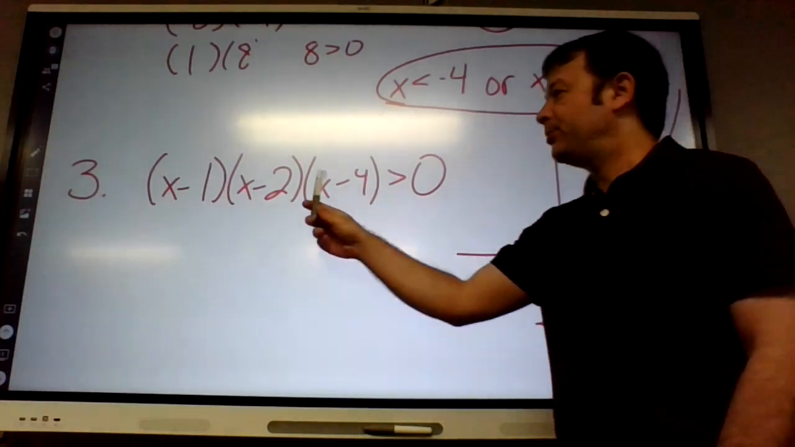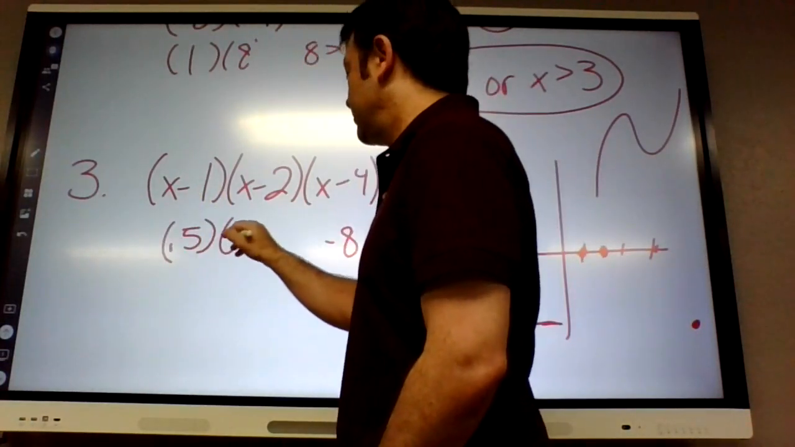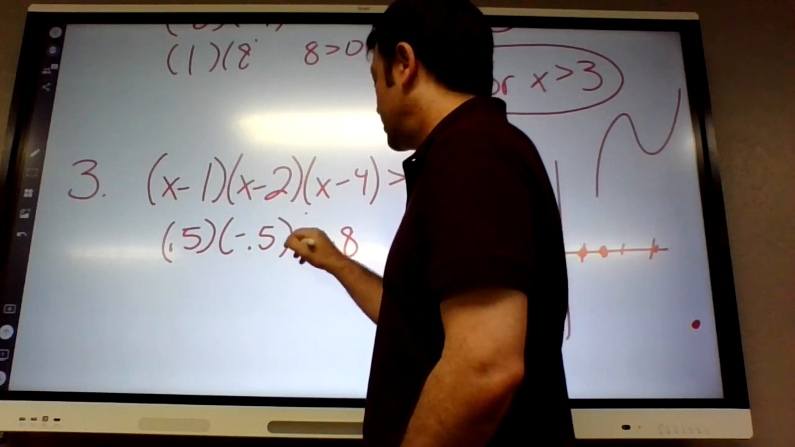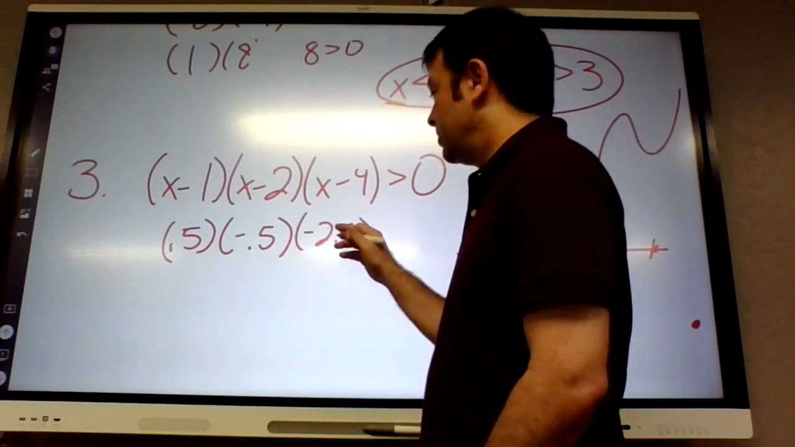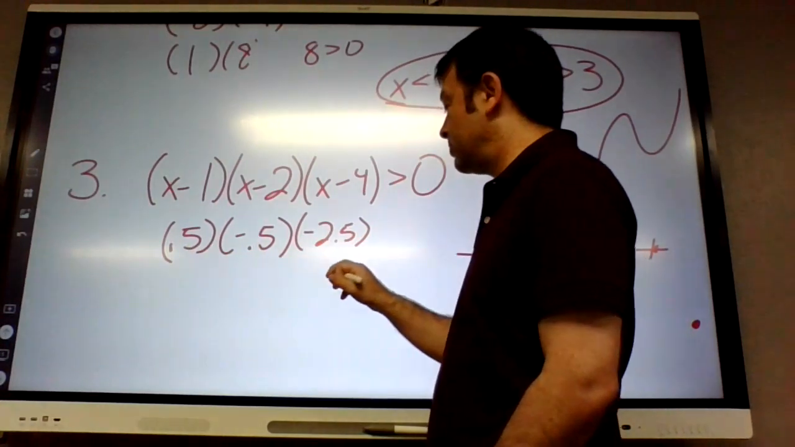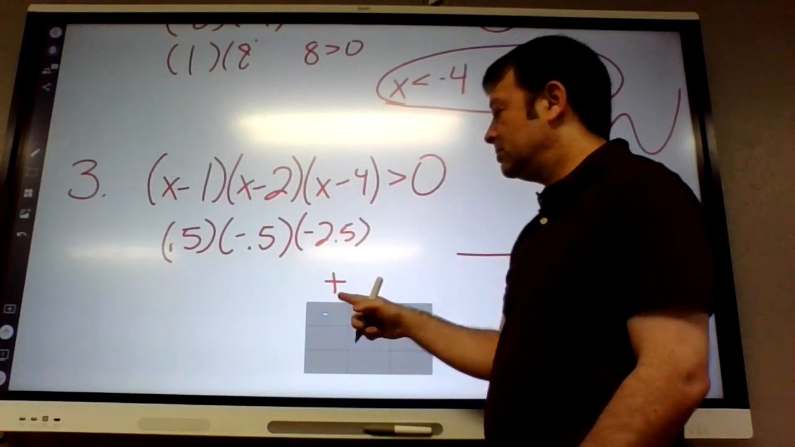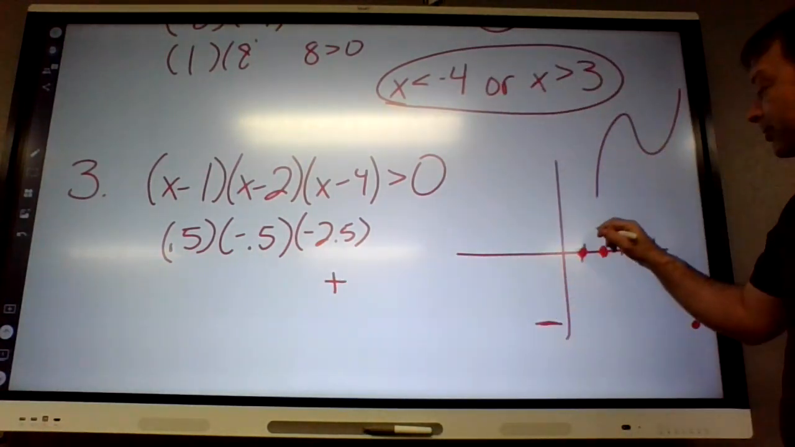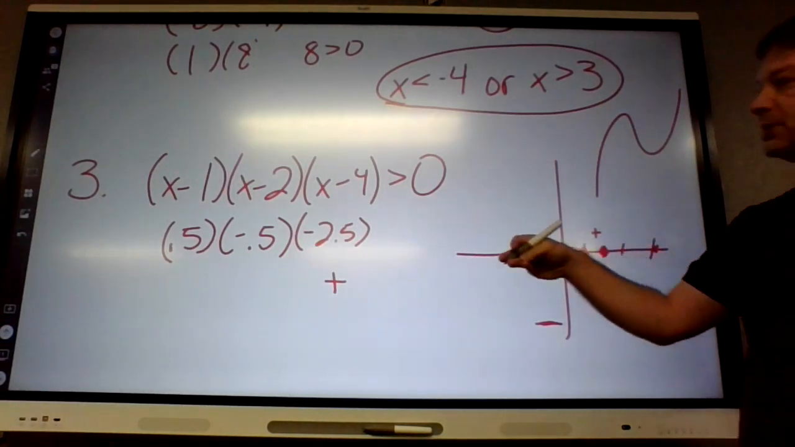So if I plug in 1.5, I get 0.5 times -0.5 times -2.5. Well, anyway, if you do a negative times a negative times a positive, that's going to equal a positive. You don't really need to know exactly what it is, but I know the graph's going to be up here in the positive. And then if I plug in x is 3,